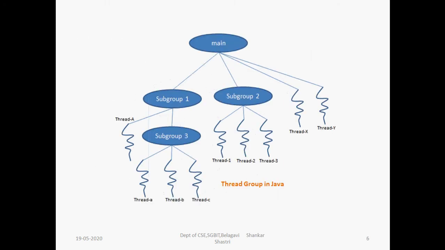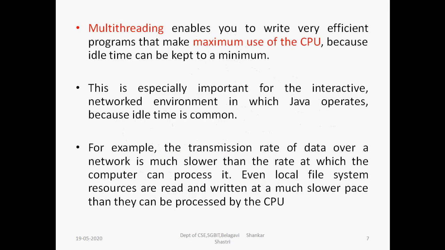Now the Java process. How is a Java program divided into different subtasks? Class 1 is the main thread, class 2 is another thread, class 3 is another thread, like that. The same program is divided into different threads, which means you can execute all the tasks, all the actions, simultaneously within a time. The advantage of multi-threading is to maximize CPU time, making maximum use of the CPU, because it reduces the idle time by keeping the CPU idle time to a minimum. To avoid idle time, we use this multi-threading concept.